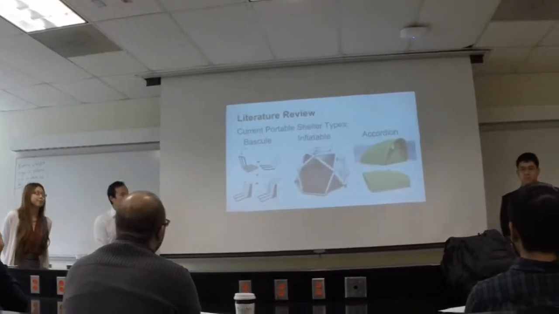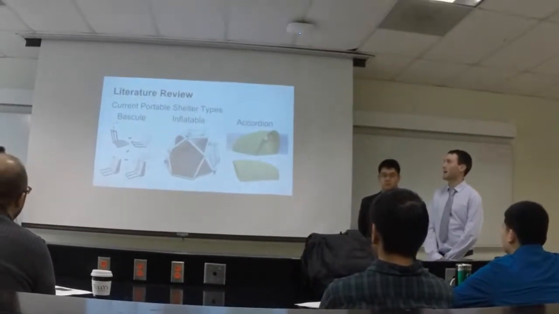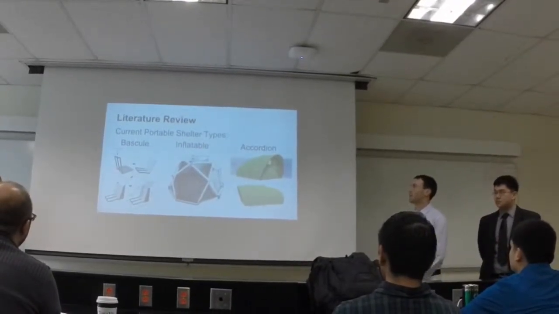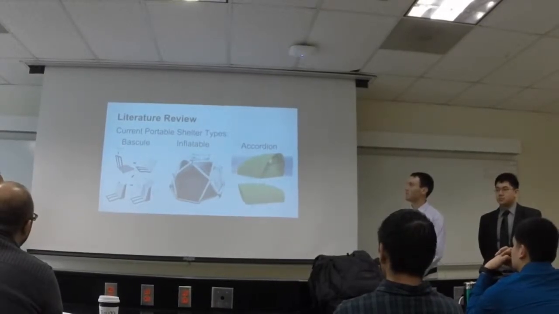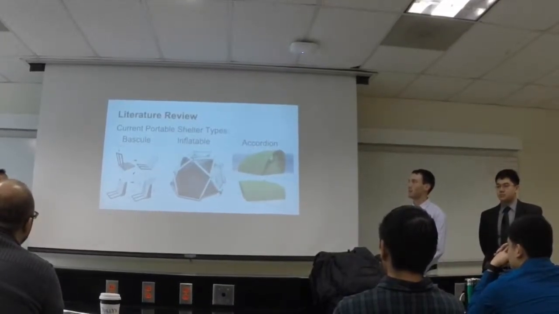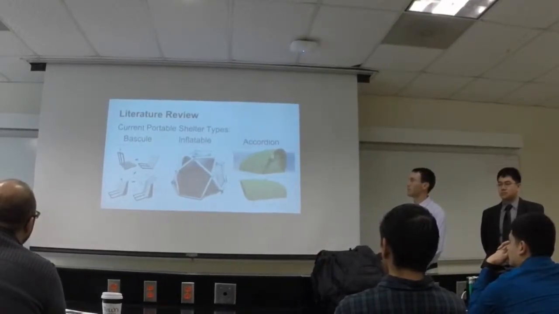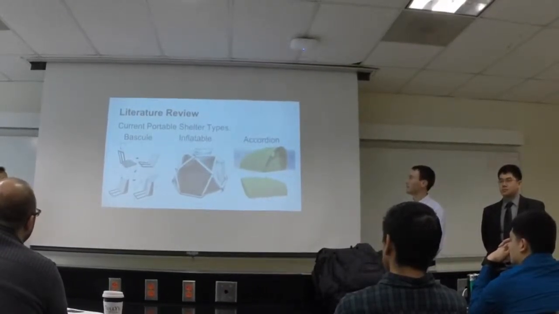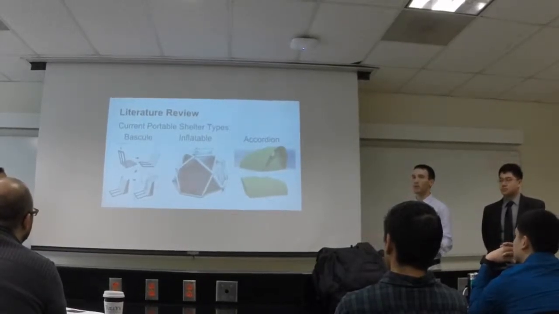We started our research by looking at what type of work had already been done in the market. The first area that we went to was the shelter itself. The three main types of shelters on the market now are the vestibule, which is a counterweight method in which the tent unfolds on itself and uses counterweight to hold itself up; an inflatable method in which air is pumped into tubes to inflate the tent; and the accordion method, which folds open